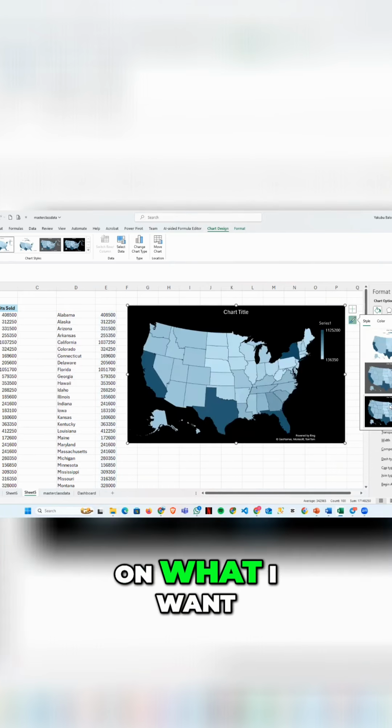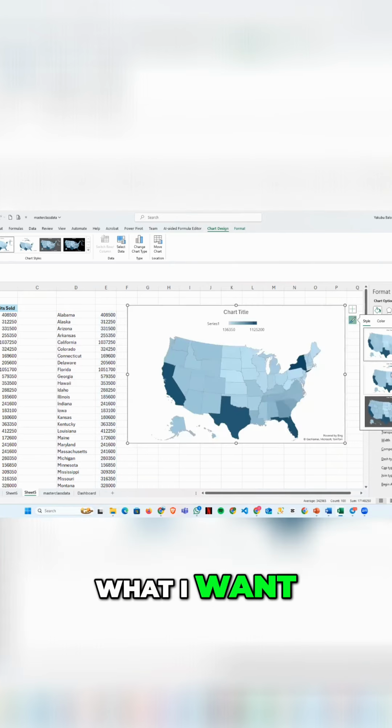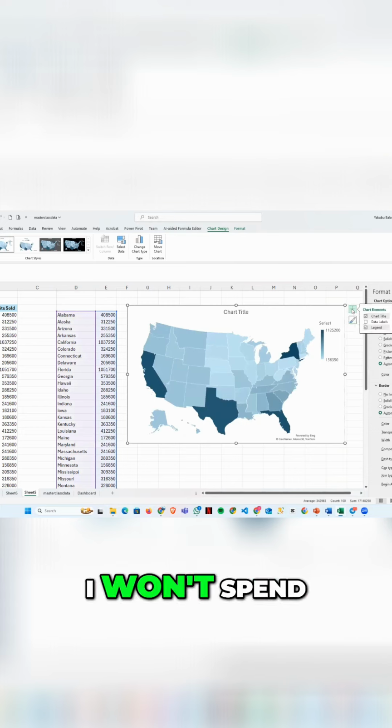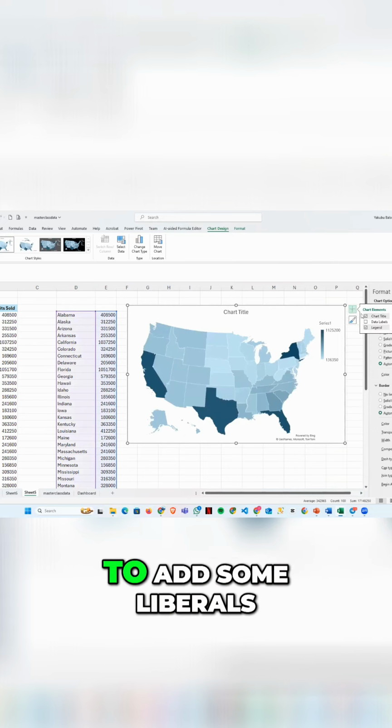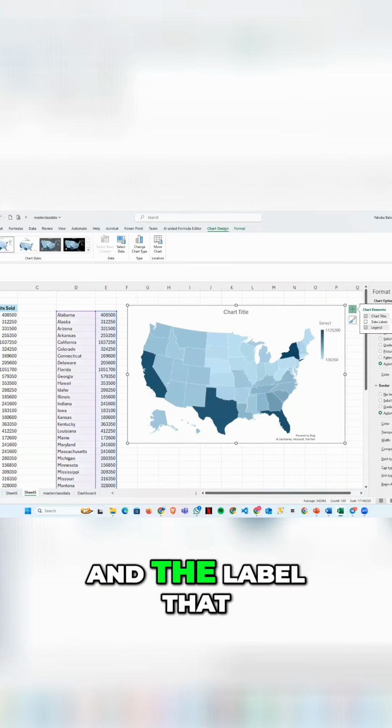So it depends on what I want. I can choose what I want. I won't spend too long doing that, but I'm going to add some labels. And the label that I want,